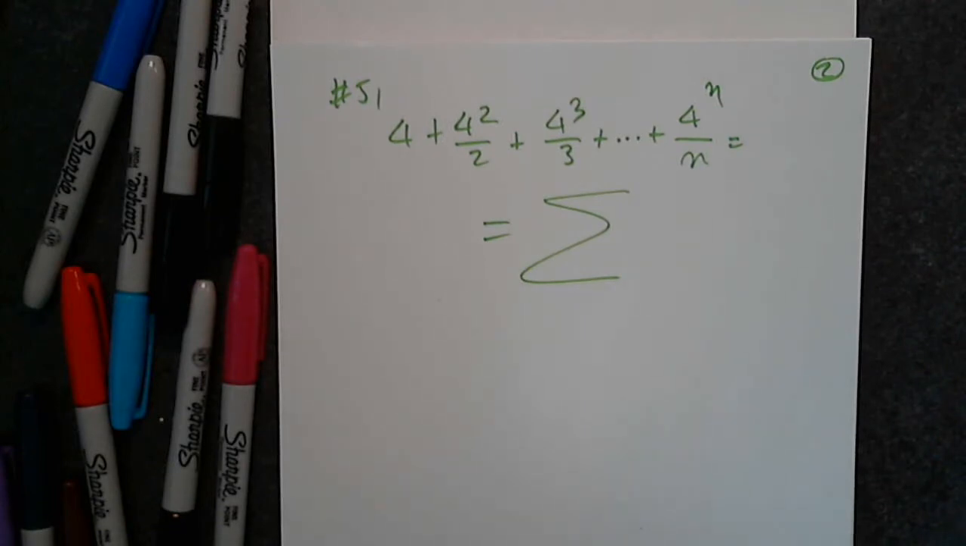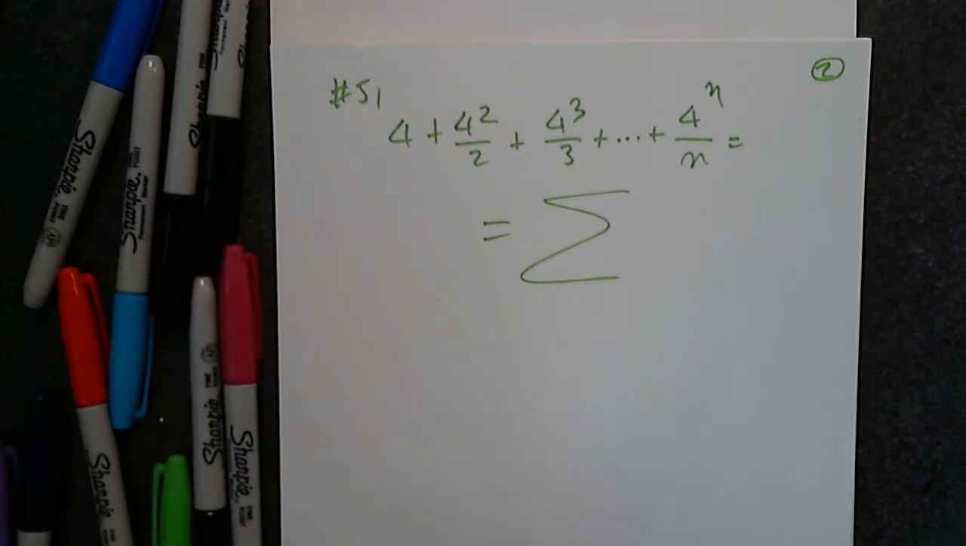Say it again. I couldn't hear you. Lower limit should be 4. No. Say it again. No. Yes. So let's say k from k equals 1 through